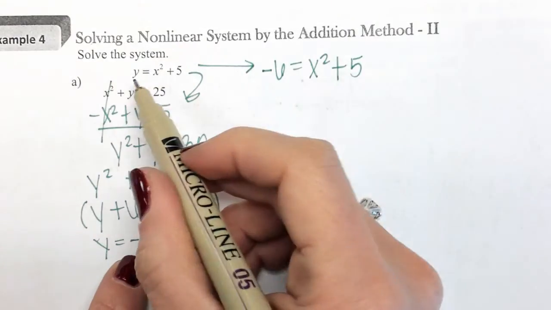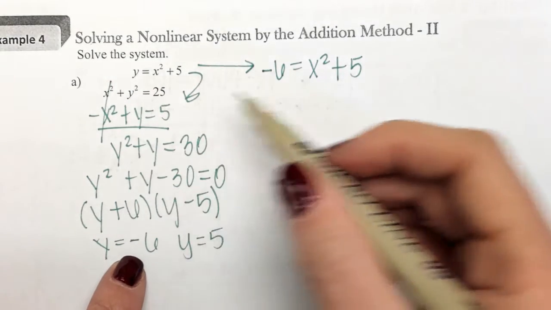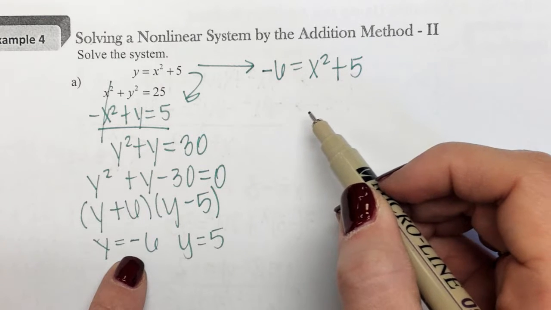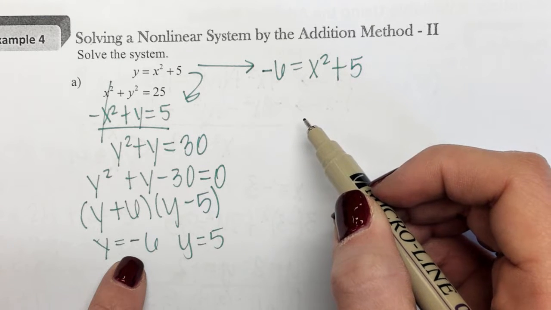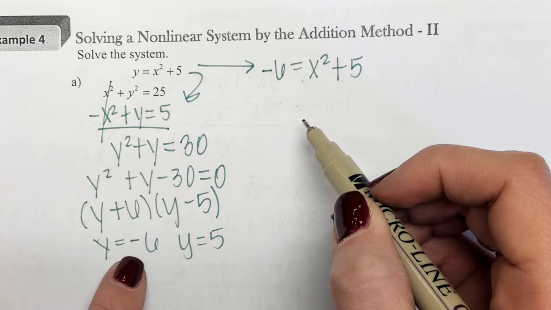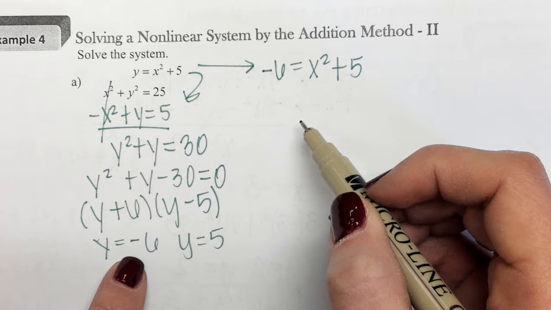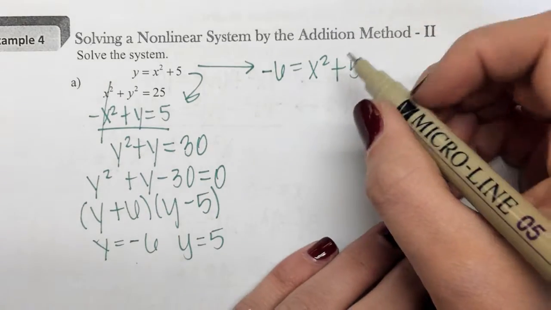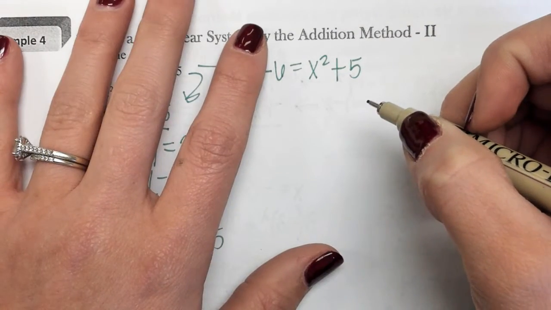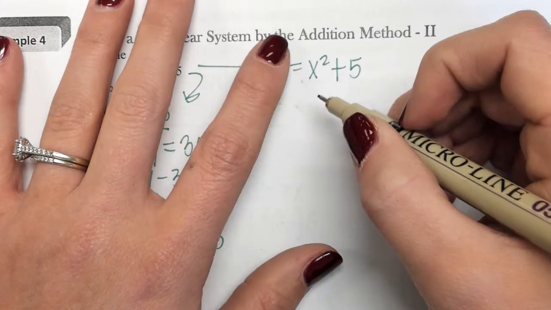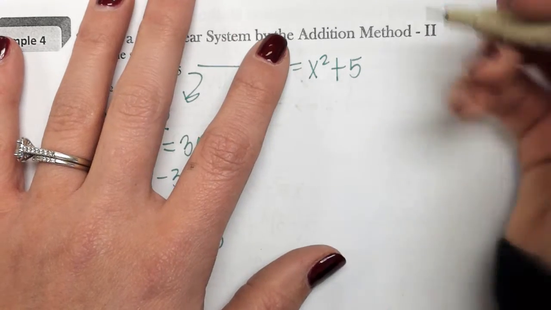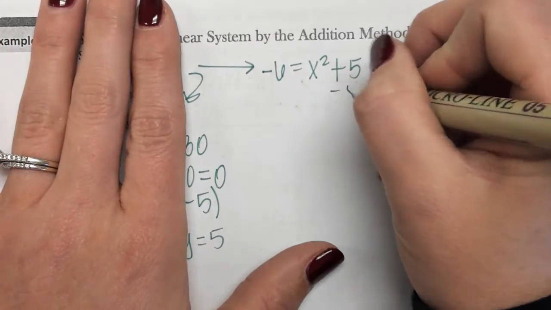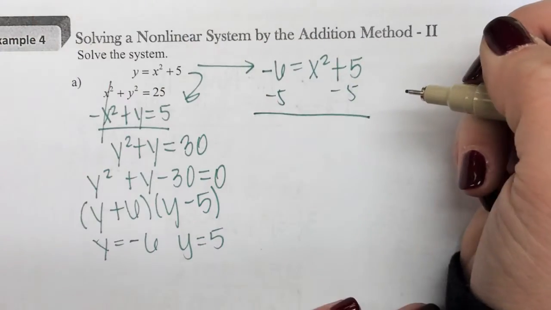So I plugged negative 6 in for y here. Kept the x squared and the plus 5. Miles, what would I do here to solve for x? Negative 6. Yes. Would you add it? Subtract it? We're trying to get x by itself. What do we need to get rid of? It's already on the other side. The plus 5. Yes, so how do we get rid of it? Subtract 5. Yes. Alright, negative 6 minus 5